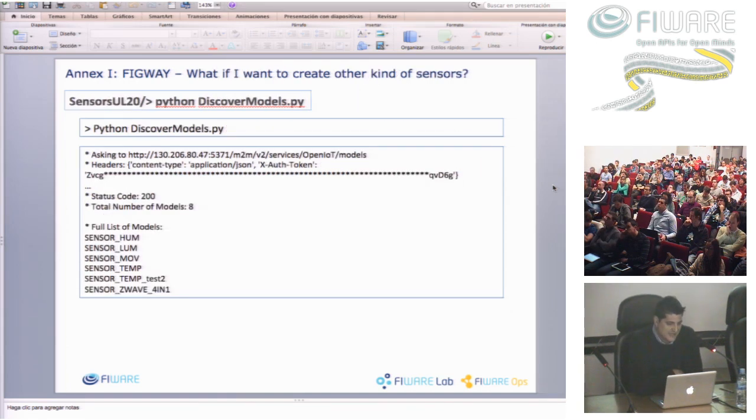So I was creating, as an example, a temperature sensor, but you may say, what if I want to create another kind of sensor? Well, the first thing is that we have a number of device models already created in the Open IoT service. So the first thing would be to check if there is a model that is useful for you. There is a Python command, discover models, and with this you retrieve all the models